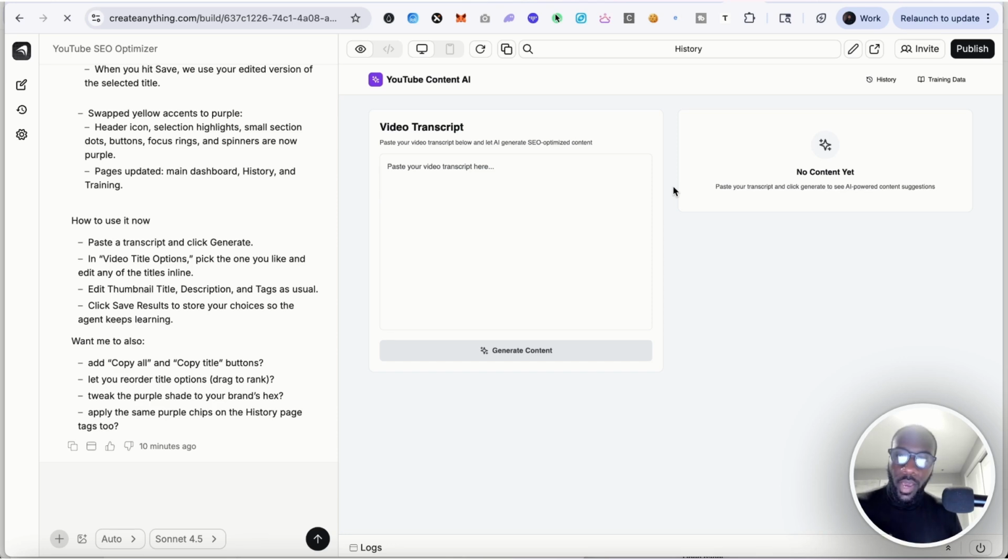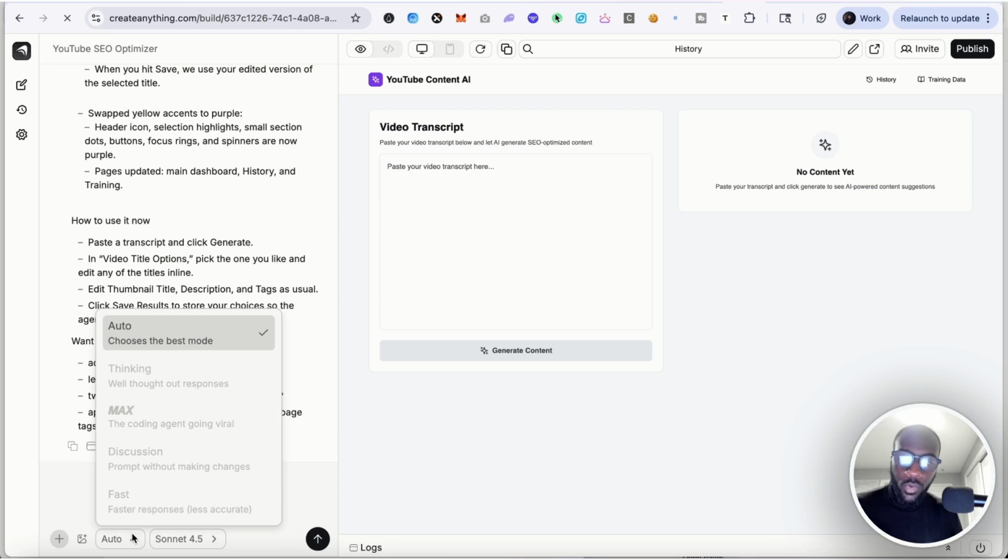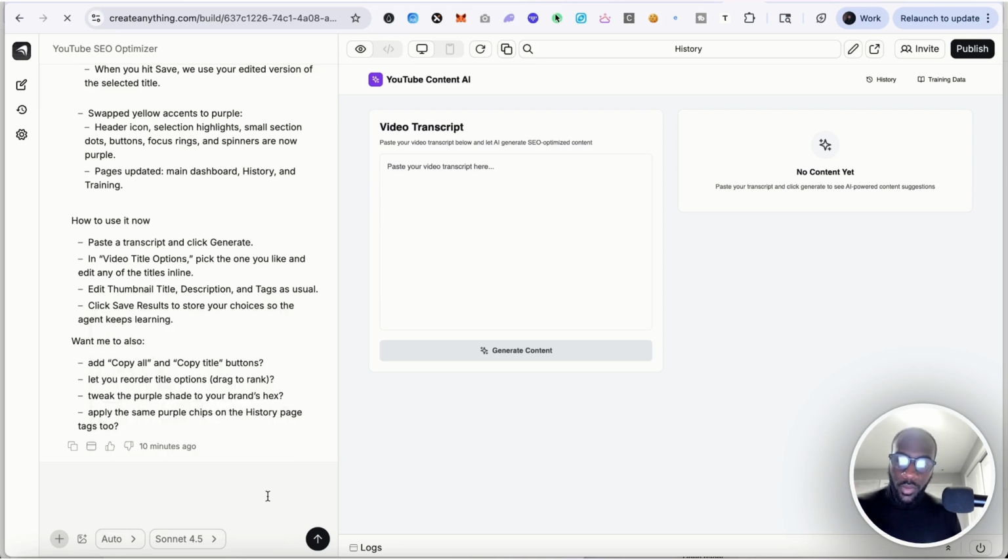You saw the automated testing. You saw I had the auto mode on, but it chooses the best mode as it's going through. So we saw what it looked like for it to use the reasoning model, and to use the max model with the testing. We saw what the capabilities of this AI copilot are, and you could literally build any sort of web app or mobile app, go straight into it, begin prompting, and they give you the infrastructure to do it.